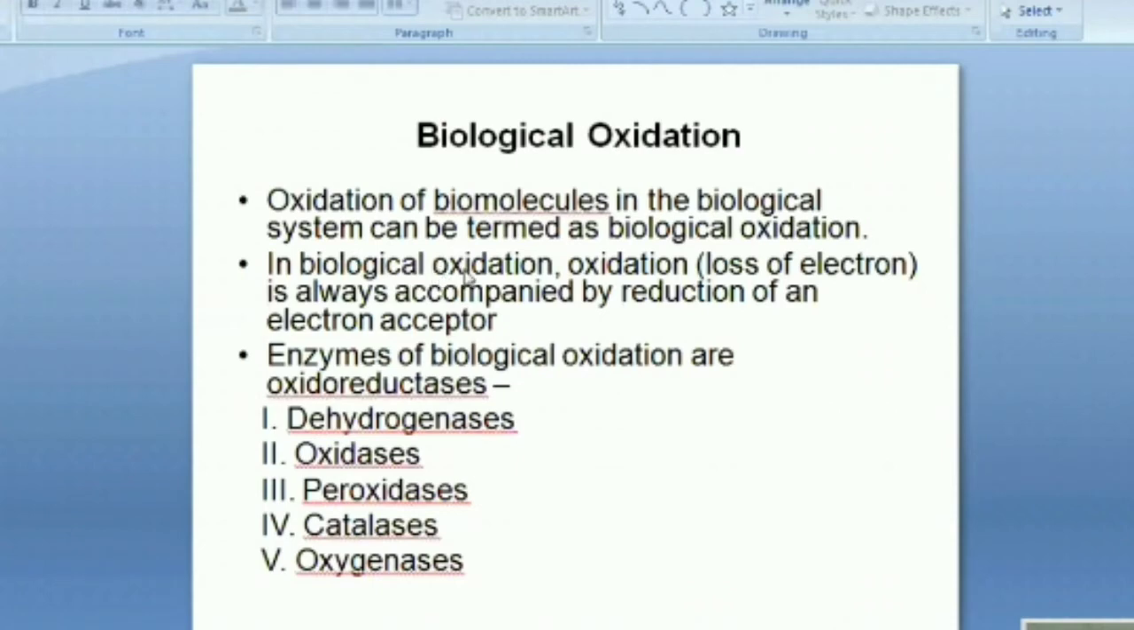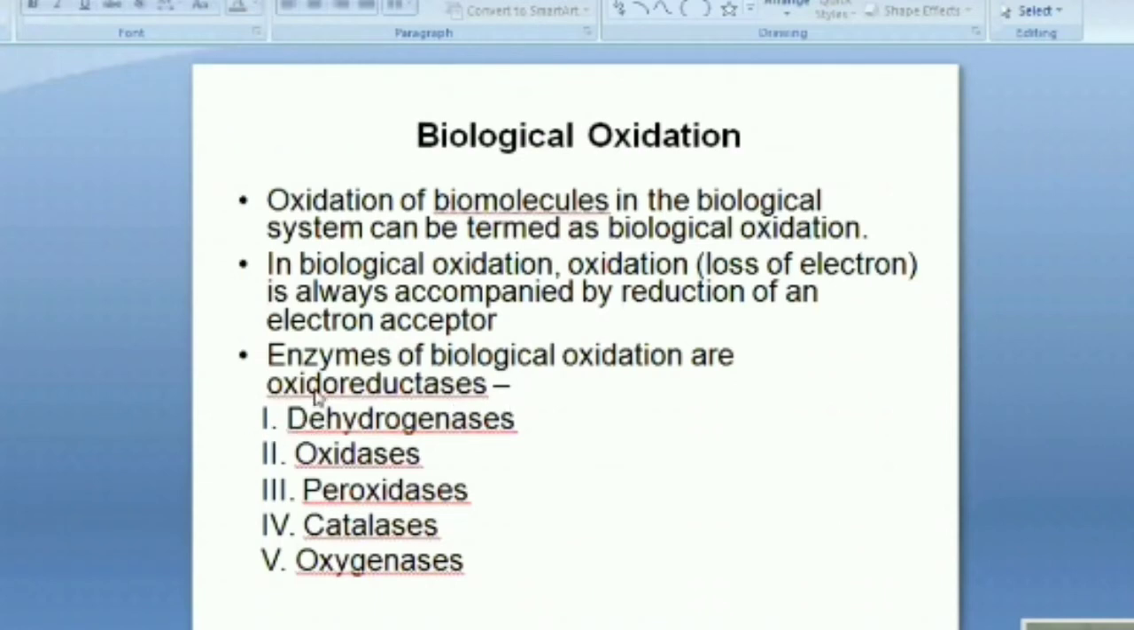This is the main point. Biological oxidation is not alone. It is always accompanied with reduction also. So that's why we say oxidation reduction couple. Okay,